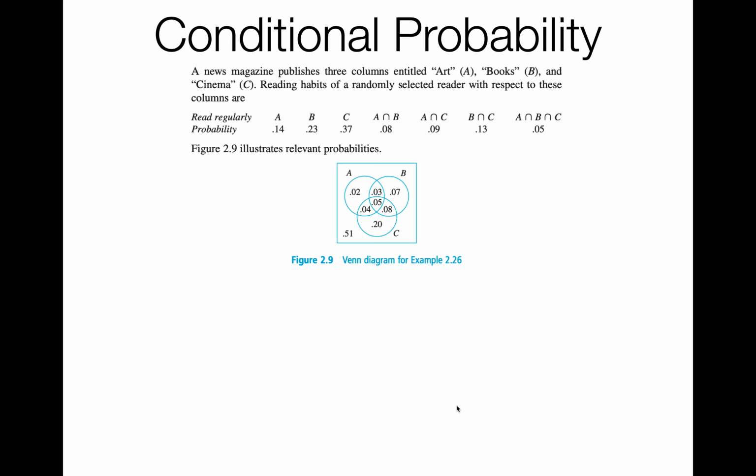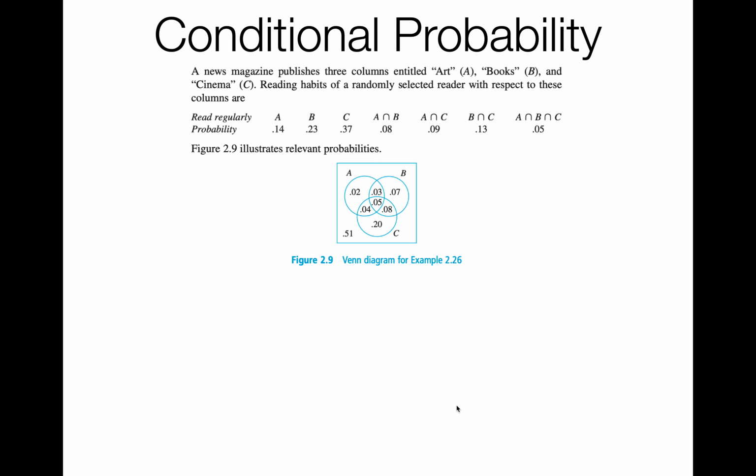So a news magazine publishes 3 columns entitled Art, Books, and Cinema. And so we call them A, B, and C. Reading habits of a randomly selected reader with respect to these columns are, and then they give you a number of different probabilities to work with. That they read A is 14%, B 23%, C 37%. Then they give you the intersection of A and B, A and C, and B and C, 8, 9, and 13. And then they give you the intersection of all three, the people who get all three of them,